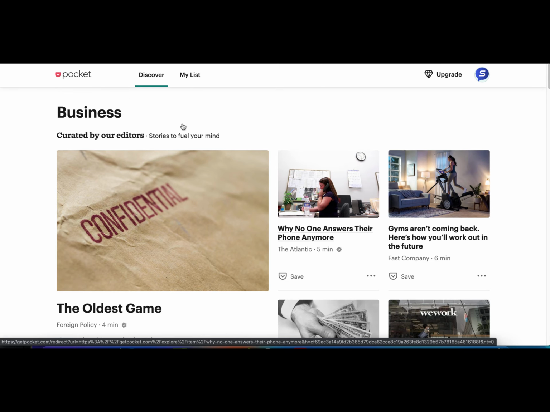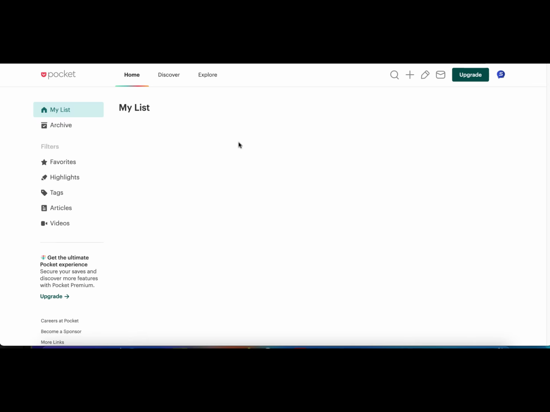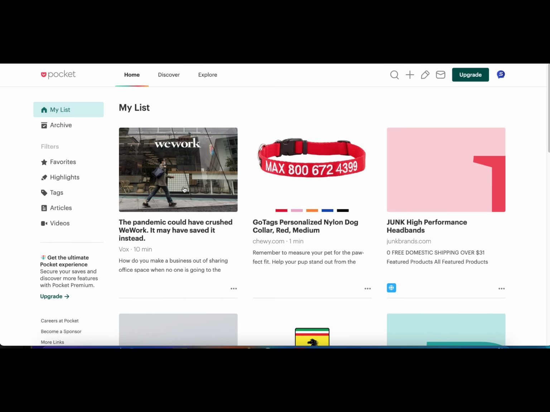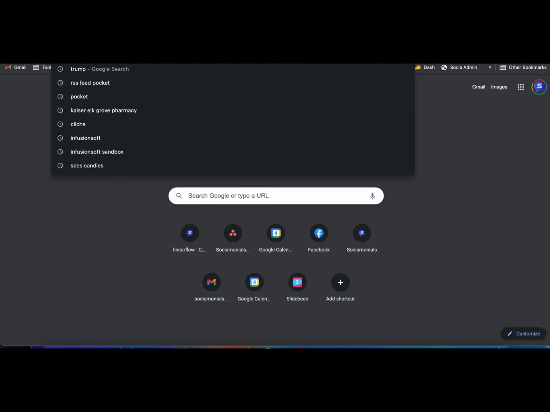Another thing I can do, let me cruise on over to my list and show you what just happened. So notice it's already here. I already have some other test things that I've added as well, and I'm going to show you how those appear in Sociamonials. But what I would do if I wanted to go to a website and add that to the list as well is I can just open up a new browser window,